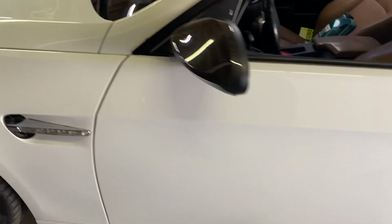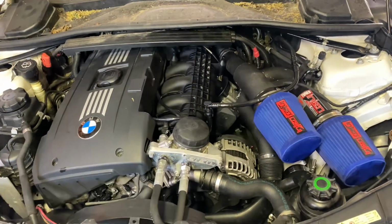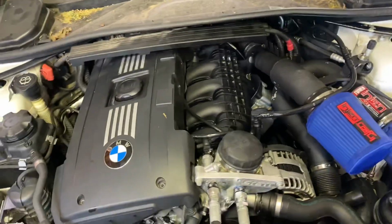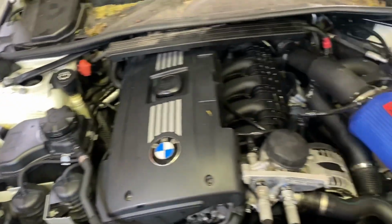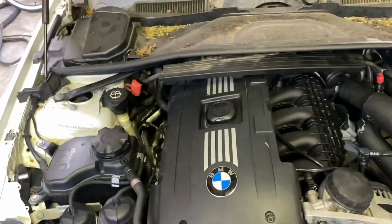All right, so we gave her a bit of a car wash, the paint's looking better, and we did a bit of a detail in the engine bay. So it's looking pretty clean. I'm just gonna do the oil change now. Go ahead and swap the filter, put a new filter in, do the oil, and that way we know the car's running well. Look at the bottom, see what's leaking, and then we'll start diagnosing why it's throwing the 30FF